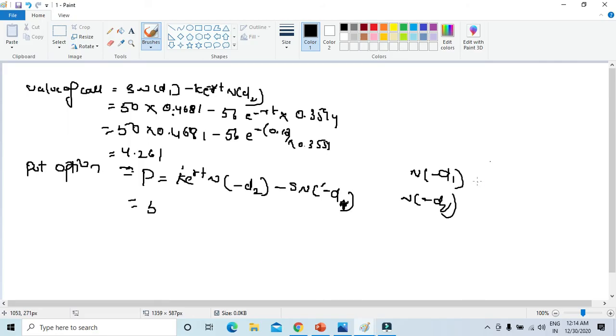N(-d1) will be 1 minus N(d1), and N(-d2) is 1 minus N(d2). Okay, so now we need to substitute over here. 1 minus what we got, both the things, so N(d1)